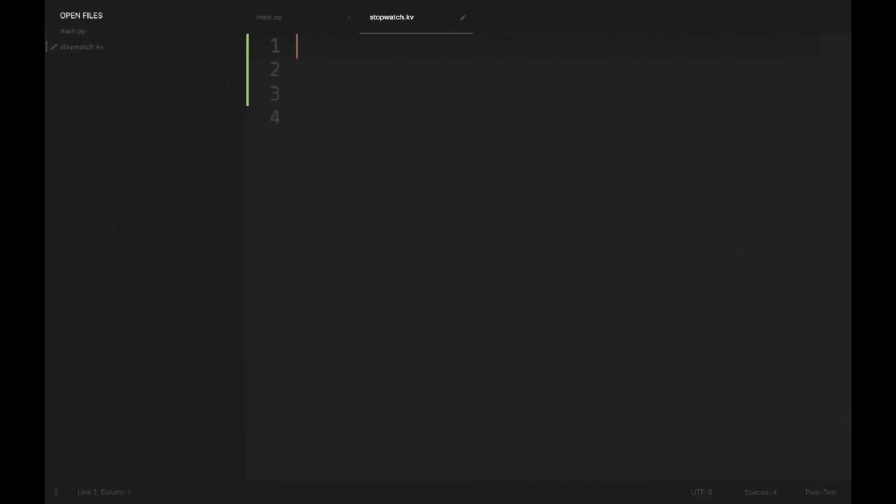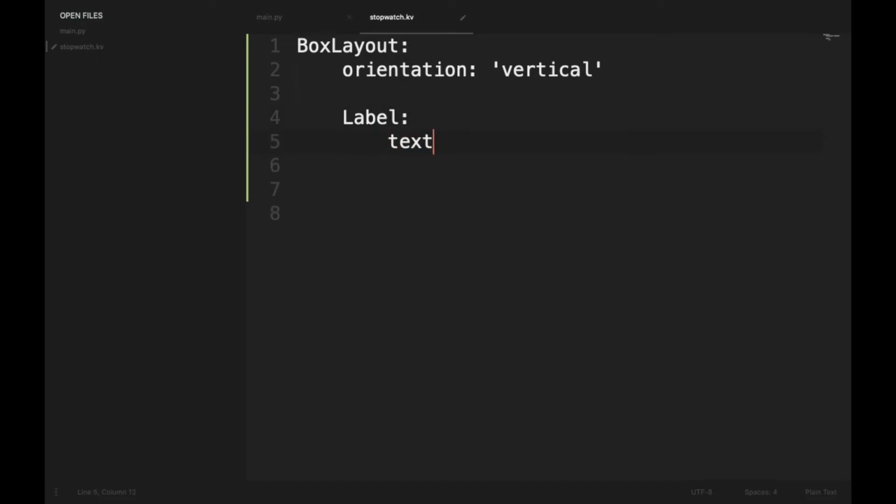Since the final app will have three rows, that is the time, start and reset buttons, and the stopwatch, it is better to use the BoxLayout with orientation set to vertical, and then we will be adding three elements. The first one would be a Label, and this label will have the text 00:00:00 and let's give it a font size of 60.